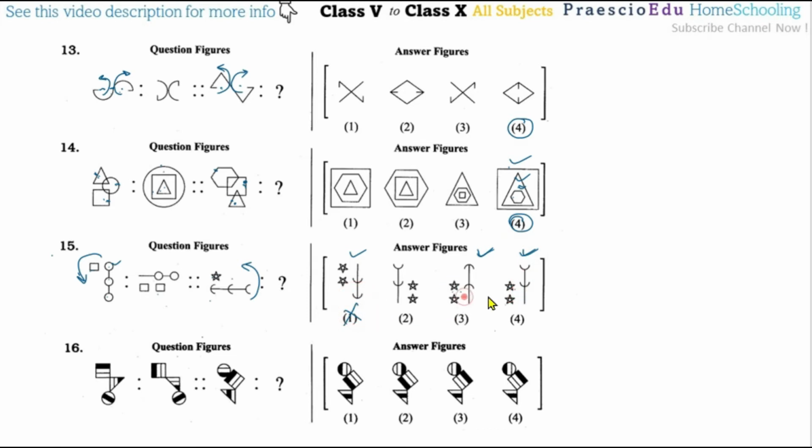Now we will compare between these two. So now here the 3 circles will reduce to the bottom side, so as per this the 2 half circles have to be shown, but the half circles at the upper side like this one, so its directions are different here, so that's why option number 3 is the wrong one, so option number 4 is the correct one.